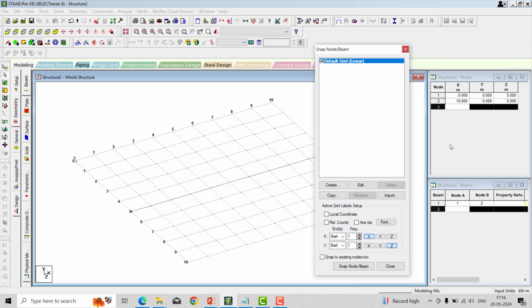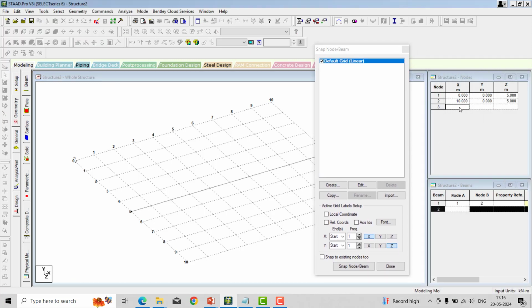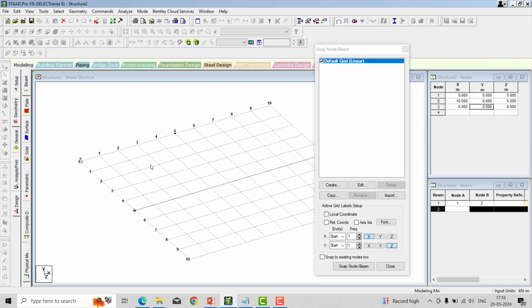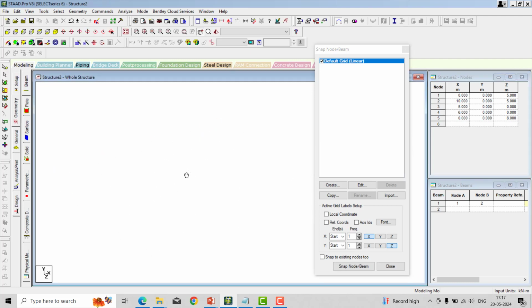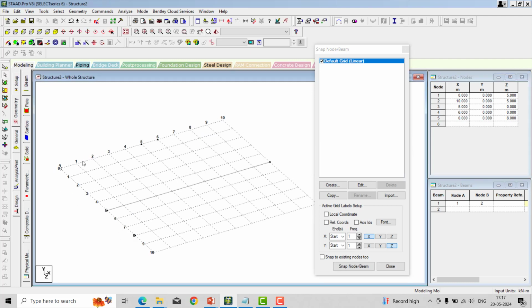And then to insert the node, I just go to the coordinate method and then I draw the node like this. I added a node exactly about 5 meter, 6 meter and even in the Z 8 meter like that. I added a number of nodes.